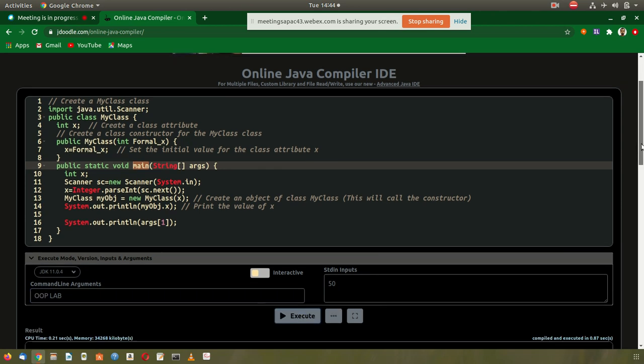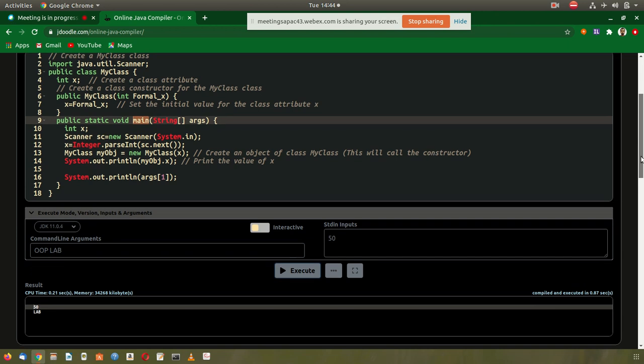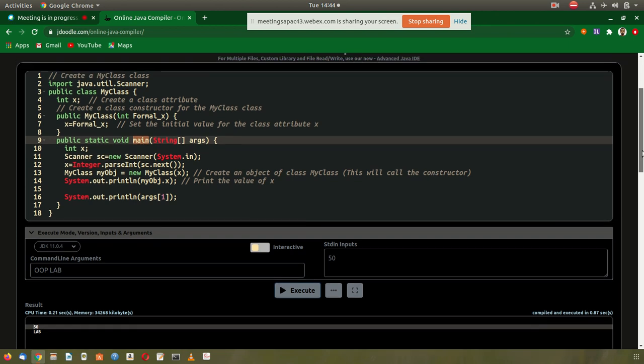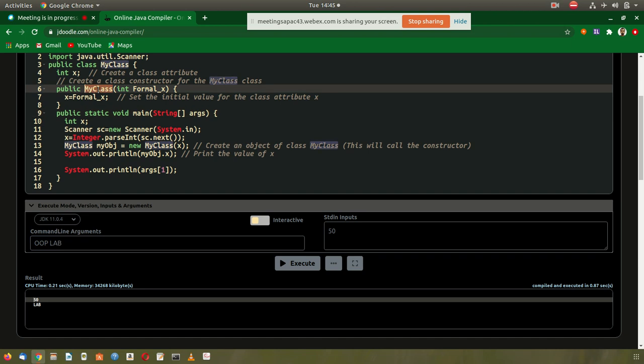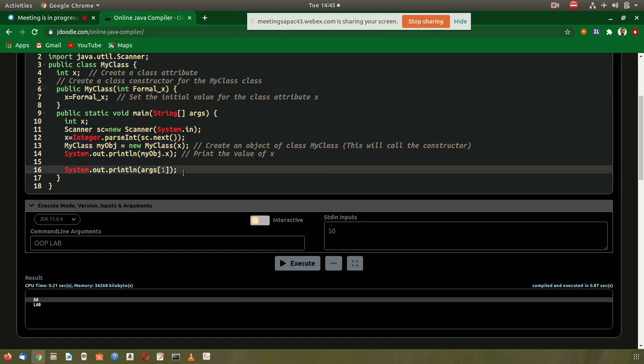So you see we are getting this lab. Why I have shown you this is because it is important: how to give input, how to give the command line argument, and how to give the constructor values. And this particular constructor that we see here is called a parameterized constructor. It has a parameter inside it. And the rest, if you now do the executions that you have